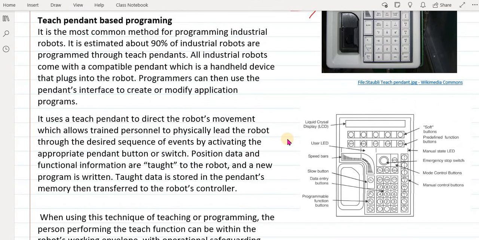It uses a teach pendant to direct the robot's movement, which allows trained personnel to physically lead the robot through the desired sequence of events by activating the appropriate pendant button or switch. Position data and functional information are taught to the robot, and a new program is written. Taught data is stored in the pendant's memory, then transferred to the robot controller. So what you do here,